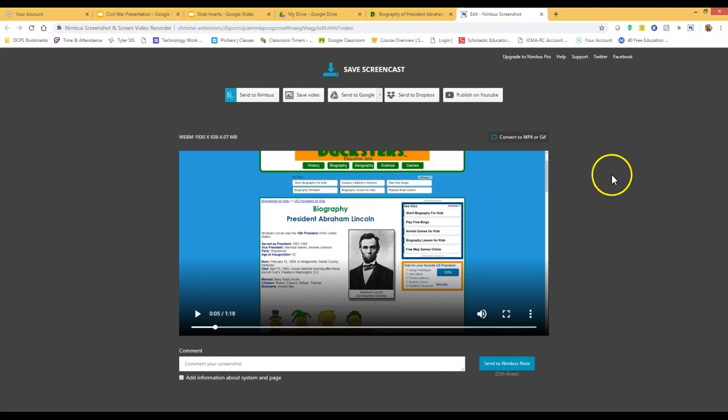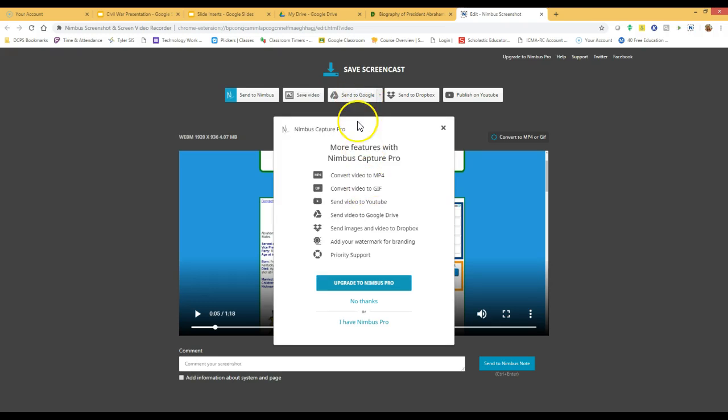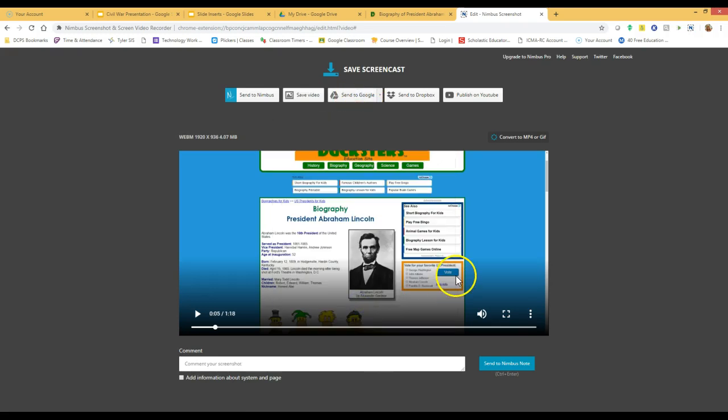If you don't like it, you can always close it out. Record it again, whatever you want to do. But once you have figured out it is exactly what you need, you're going to send it to Google, and it says send to my drive. So I'm going to click on that, and of course they're going to try to get us to pay money. I just say no thanks because the free tools are just fine. So I'm going to click on it,